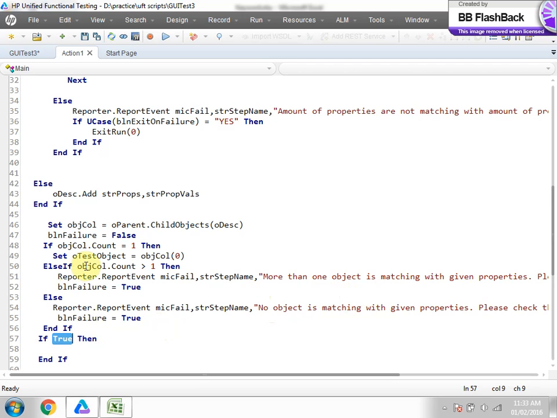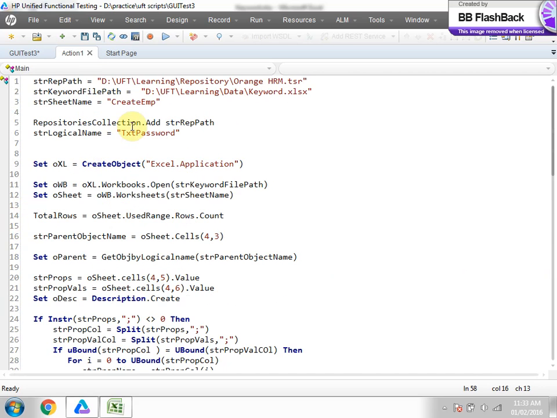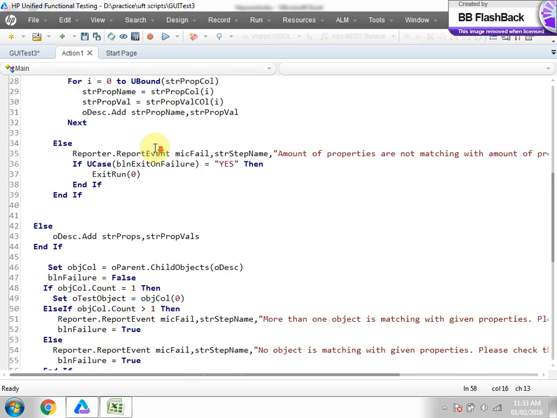If ELN on failure equals true and ELN exit on fail equals true, if both are true, then what you can do is use exit run. Okay, so next what you can do is